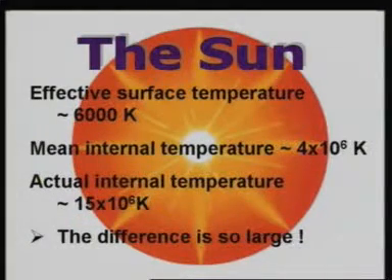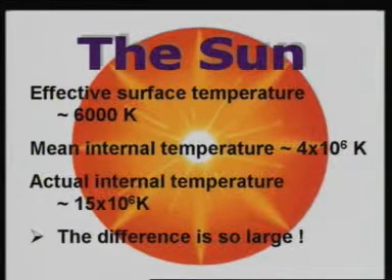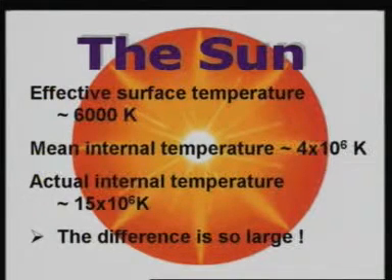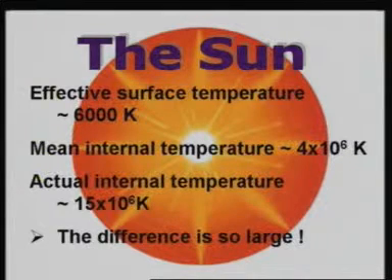So we show you the sun once again, and if you use this virial theorem, then the mean temperature inside the sun we find is roughly 4 million degrees Kelvin. This is not exact, the actual value is 15 million degrees Kelvin, but the important thing is that we get a temperature of the order of millions of degrees. So when we make our assumptions, we must be aware that we are dealing with a very hot body. This is the importance. The surface temperature of the sun, as we shall see later also, is about 6000 degrees Kelvin.